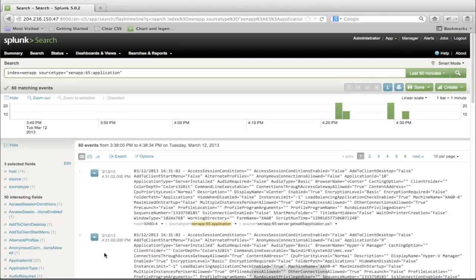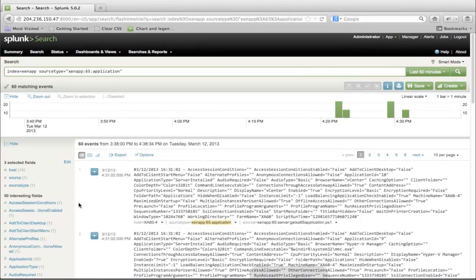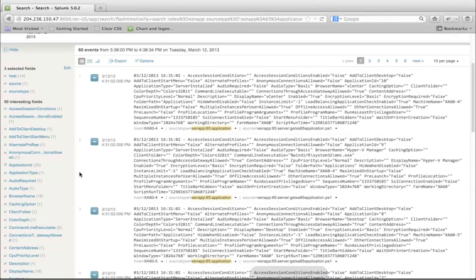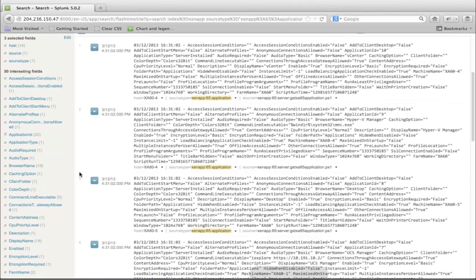And like I said, everything's being done in real time with Splunk. So you'll see these interesting fields. We have a lot more because we narrowed our scope down. We have a lot more fields that appear in more than 50% of the data that is shown as we're looking at it right now. So that's what's going on here.